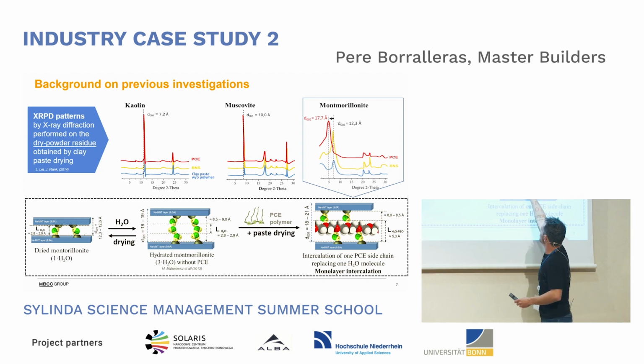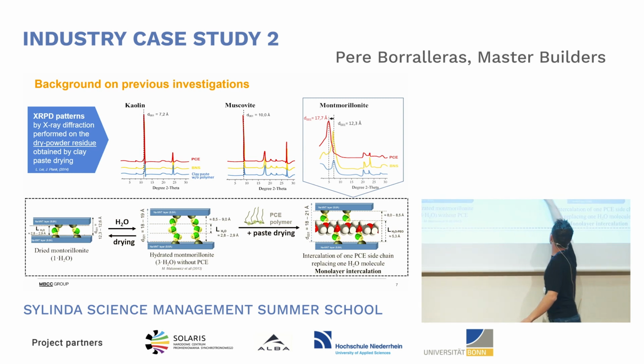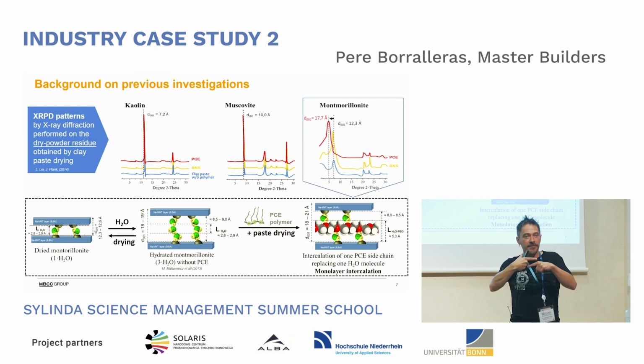And, well, considering all the distances, all the sizes and so on, it fits with this model. The incompatibility is due to one of these side chains intercalated, okay, inside the montmorillonite. Intercalation phenomena, it was called. Okay,